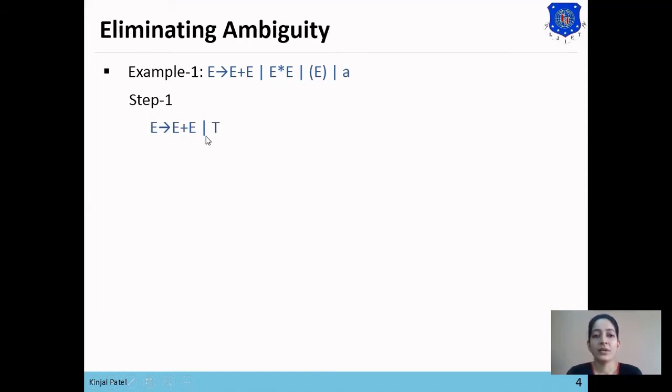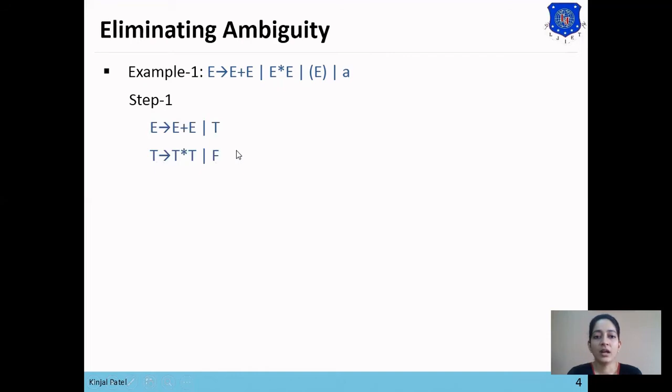Now, here you can see or T. T is used to derive the second level of the grammar. In the second level, we will set star, as star has the second highest priority. So you can see that we have set T produces T star T or F. F is used to derive the third level so that we can directly go into the third level if we want to.